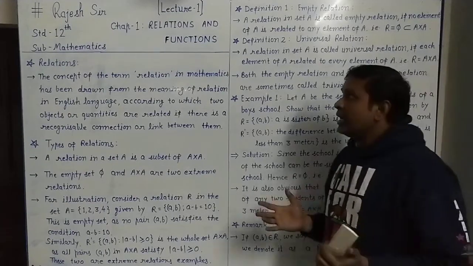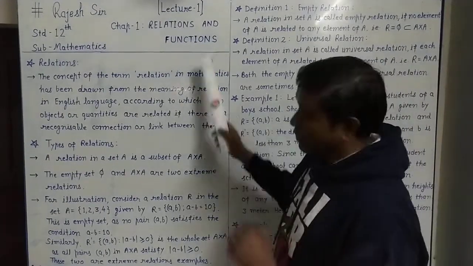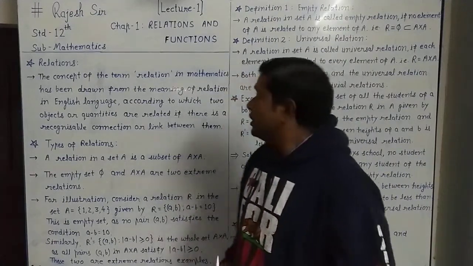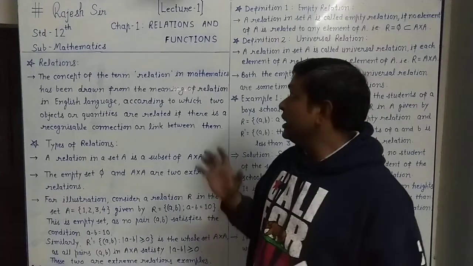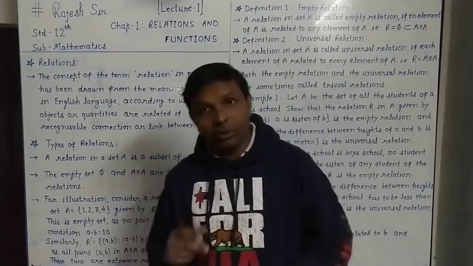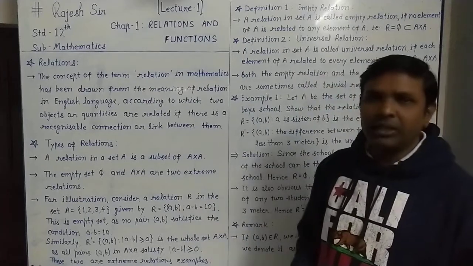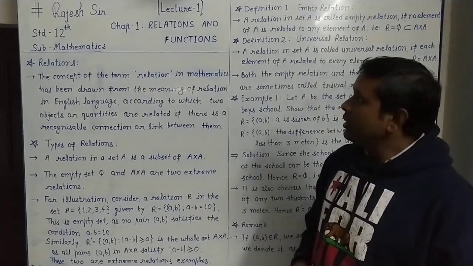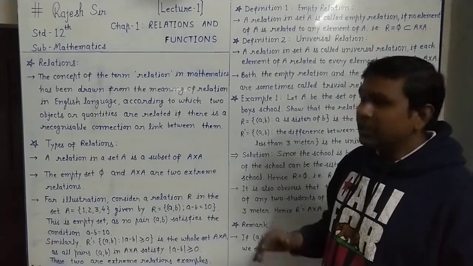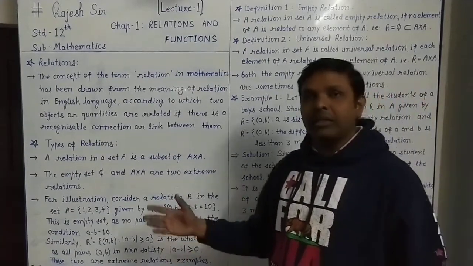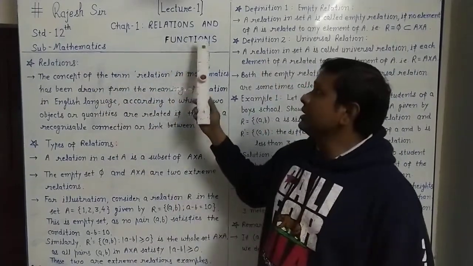Here we are going to start lesson number 1 in 12th standard, that is Relations and Functions. In 11th standard also we understood somewhat about relations and functions. Chapter number 2 was there, and we understood the definition and types also, and we have done some examples also. Here also we will continue from that track. So first we will understand relations.